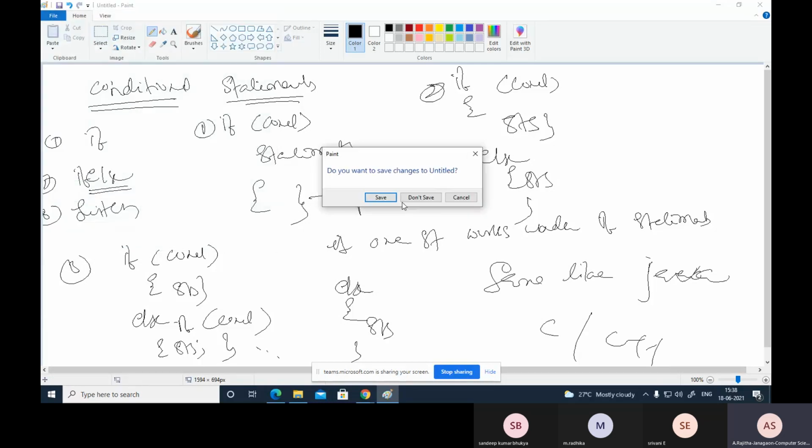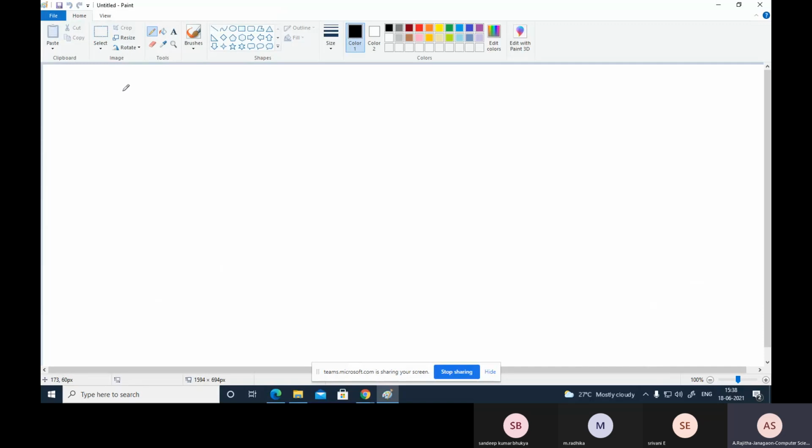And the switch statement is also the same. Here in switch, write the expression, and this expression is matched against the case value. Then write some statements and give a break.